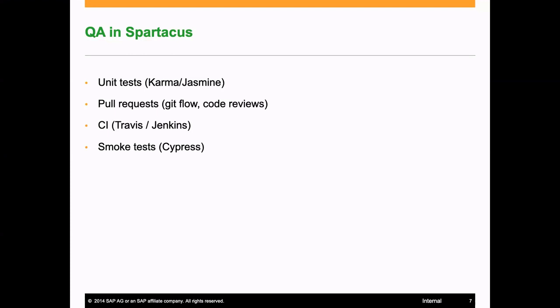Once that is done and the PR is accepted and merged into our main development branch, before we do a new release, we run the regression suite for the whole release. This is all of our end-to-end tests based on Cypress for all of the different features and functionalities of Spartacus. We don't only run this before doing a release. We have nightly jobs that run the regressions every day, and that's how we realize if something's broken.